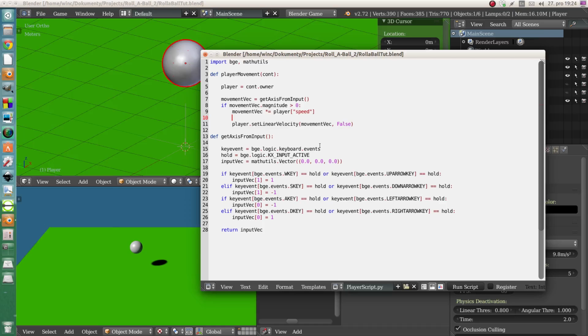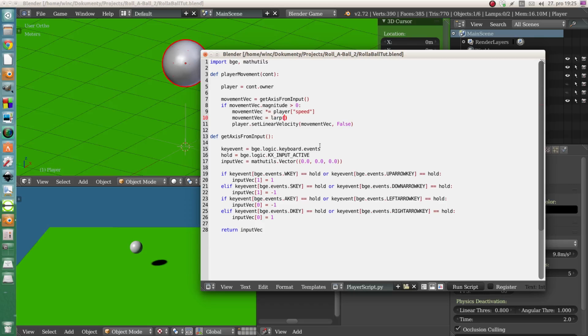We will change it, movement vector, and it will be equal to some other vector that will be computed from this, and this will be done with linear interpolation. So it will be lerp function,